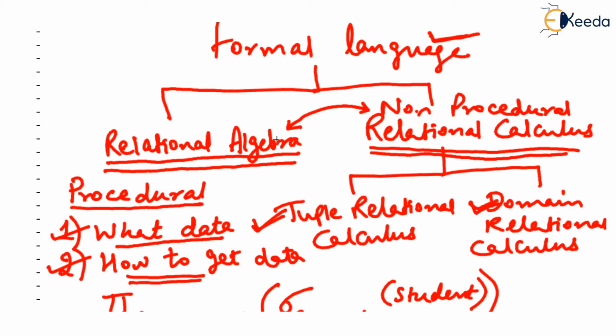So typically, in tuple relational calculus also you are going to write a query. Like in relational algebra, you wrote a query like get roll number and name of students who study in course number 100. Of course, such queries can be written in tuple relational calculus or domain relational calculus. But in that, we only tell what we want. We don't specify how we are going to retrieve that.